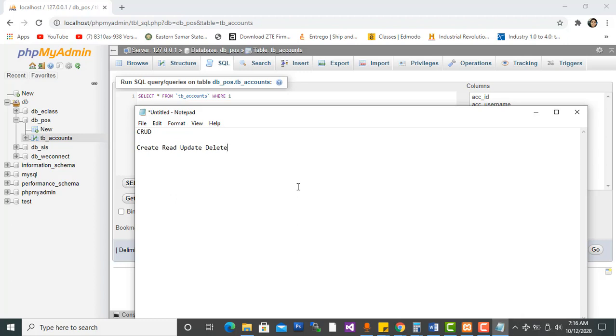Inserting a record is under create, and then viewing a record is under read, and then changing or manipulating data is under update, and then deleting a record is under delete, removing records. But in the industry, we discourage this one, the delete, because